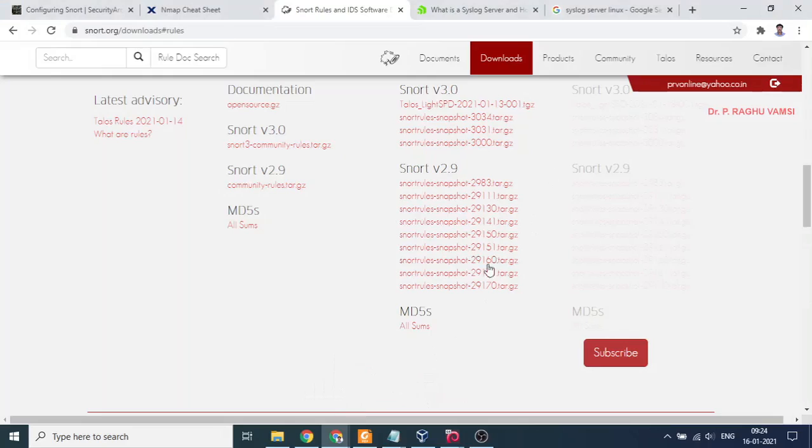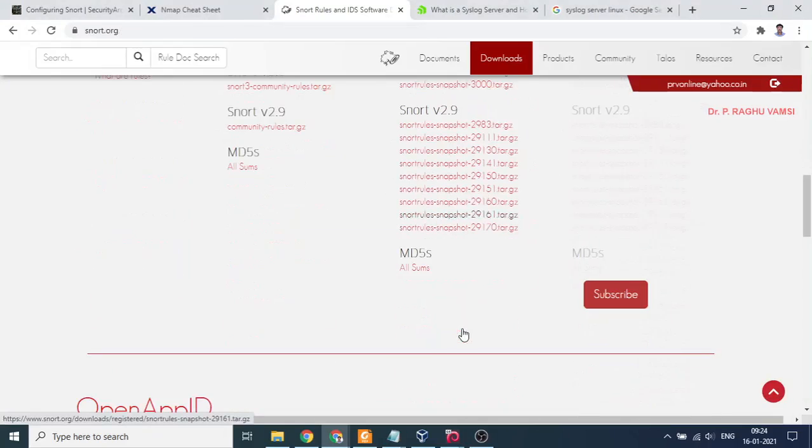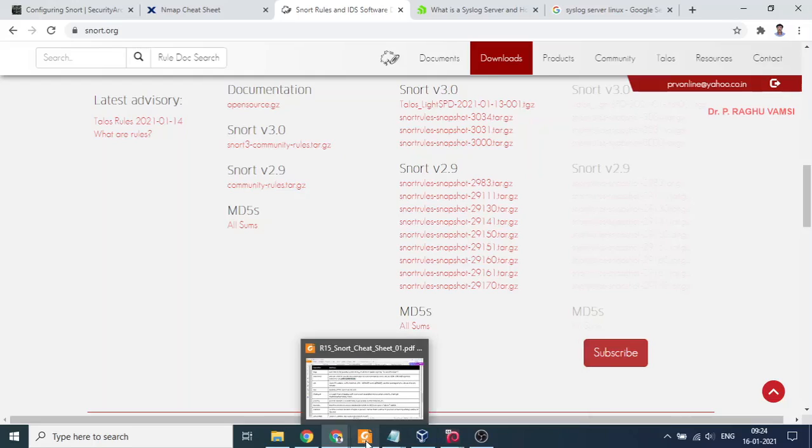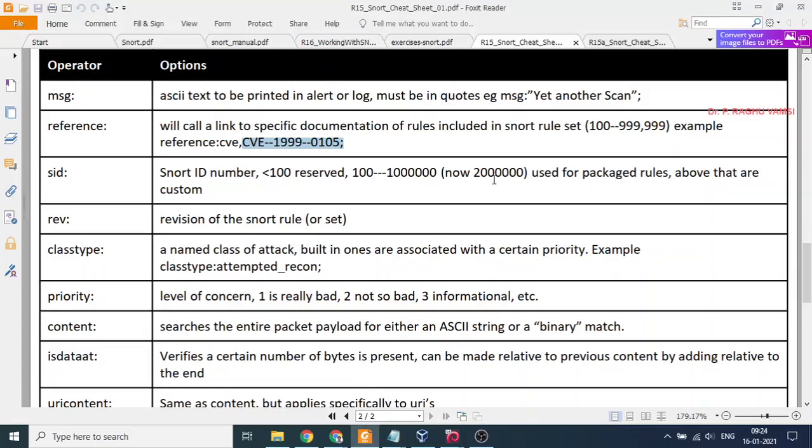You can go to the Snort website and download this Snort rules snapshot, so as not to miss even a single threat. All the threats are included in this snapshot. Hence each and every rule file consists of a huge number of rules. Those rules, if you combine them, will go beyond the 20 lakhs.